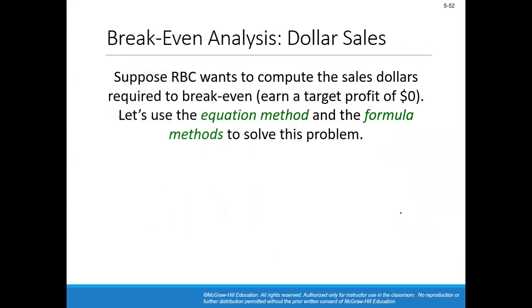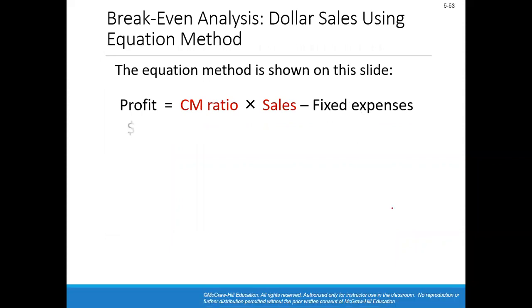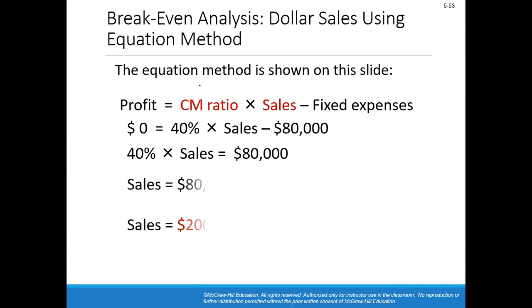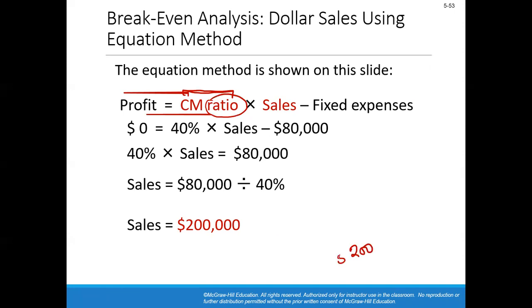Now, it is also possible to use the same equation and formula to get the dollar sales instead of sales unit. So what can we do? In the previous case, we were using the contribution margin only, but here we are using the contribution margin ratio. Here you see we are using the ratio. We are not using the 200 contribution margin per unit as a $200. Why? Because we are using the percentage,